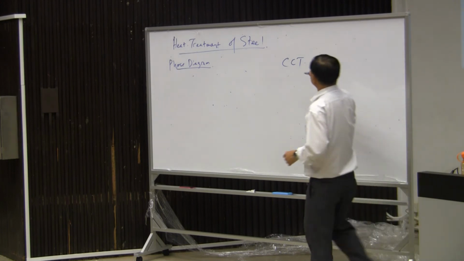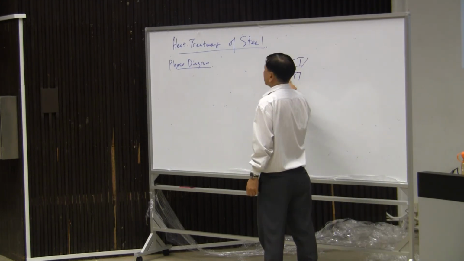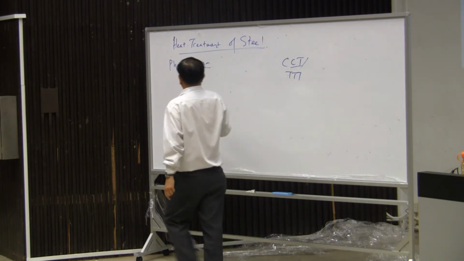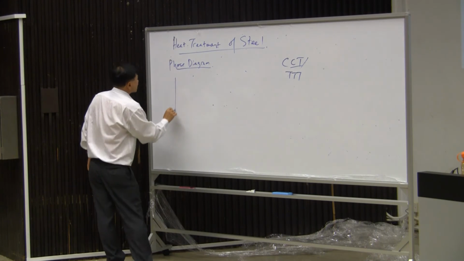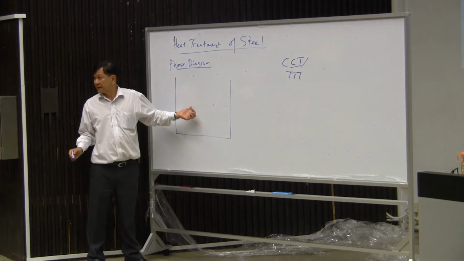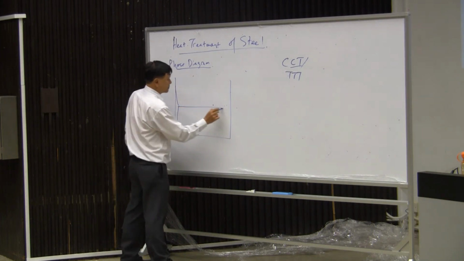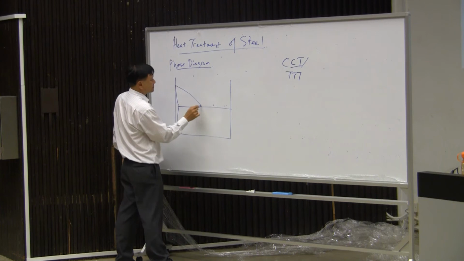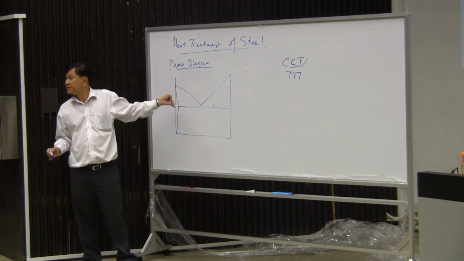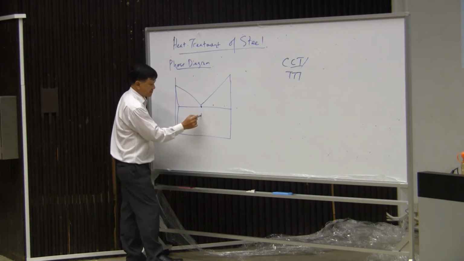Or it can also be known as what? TTT, time temperature transformation. Now, your phase diagram is something like this. Okay. Just now early on I drew this also, isn't it? Alright. What is this? This is